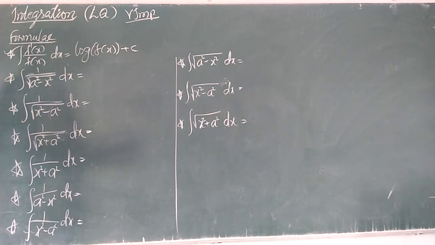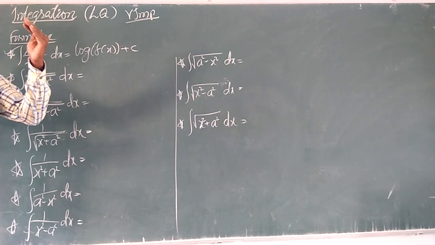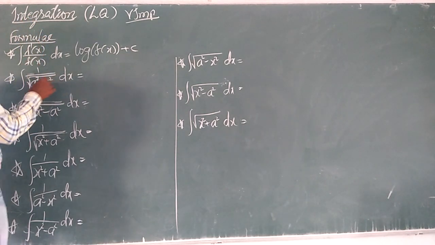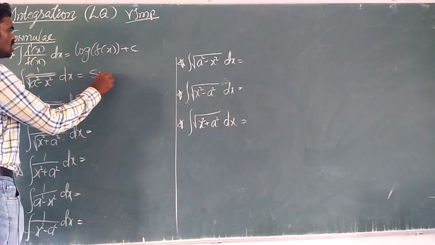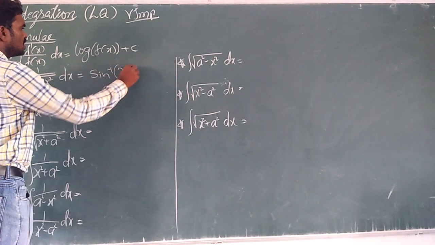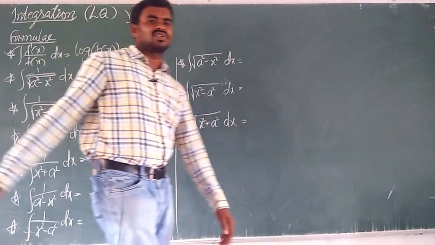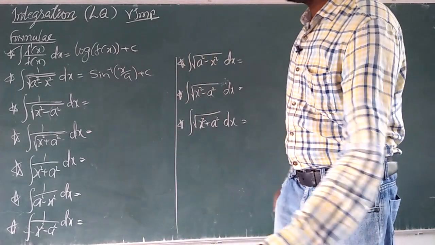Derivative of sin inverse x is 1 by root of 1 minus x square. So like that, the integration is sin inverse x by a plus c. Okay. So similarly,